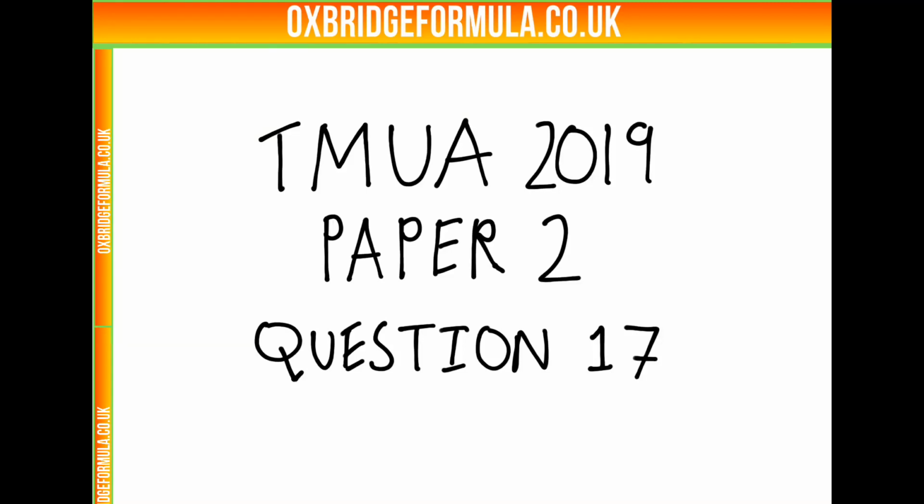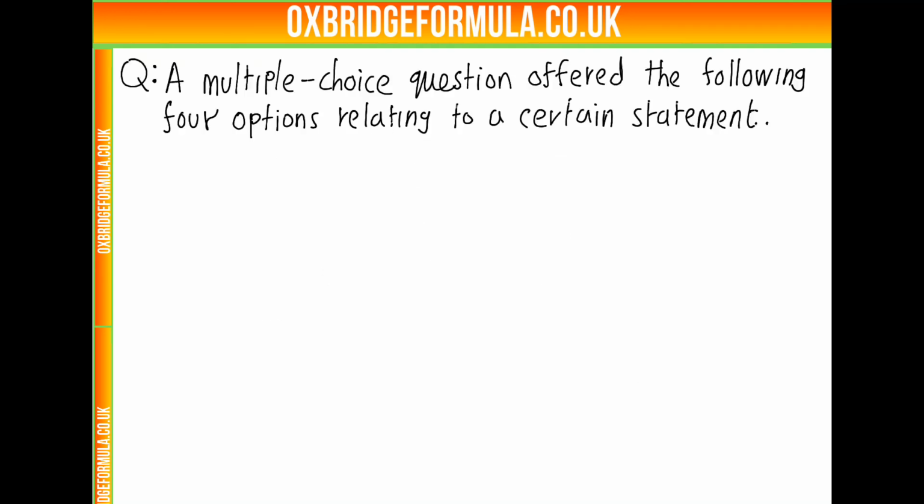This is the solution video for question 17 from paper 2 of the 2019 TMUA or CTMUA exam. In this question we get told about a multiple choice question which offered the following four options relating to a